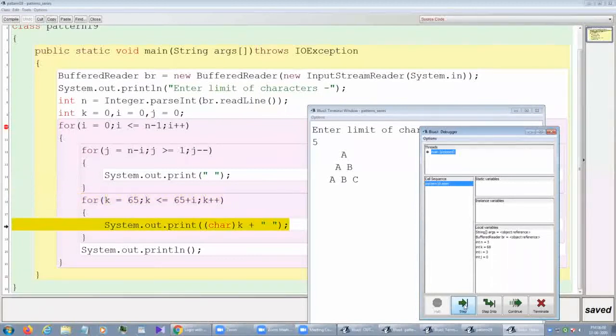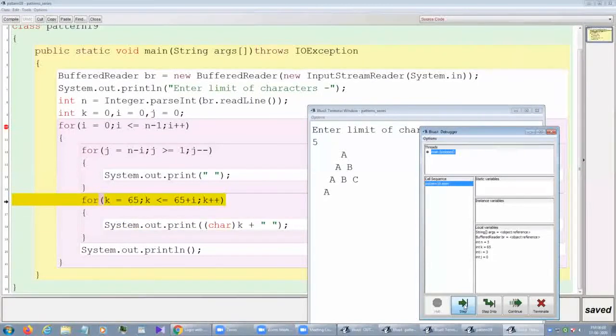So it will print A, B, C, and D. That means 65, 66, 67, 68. Then println.